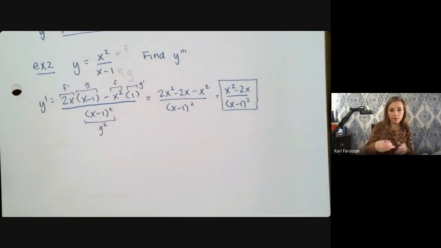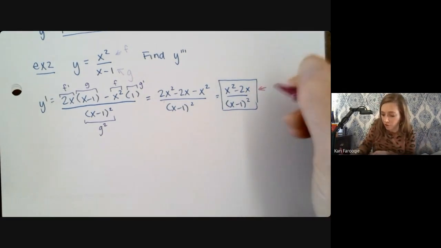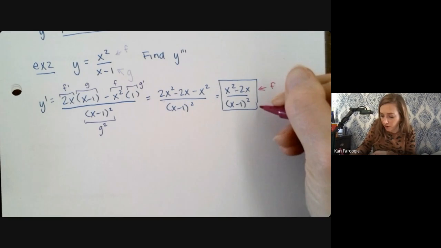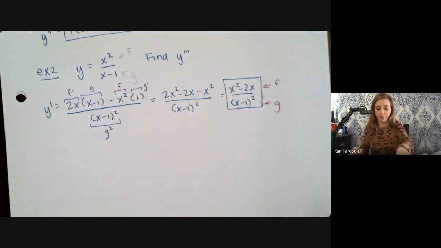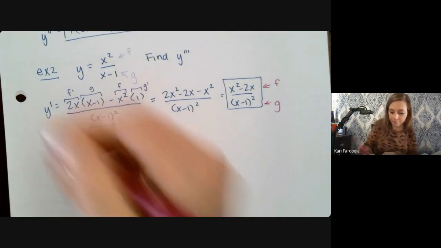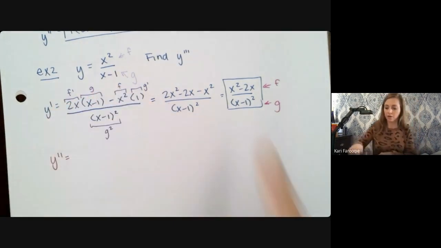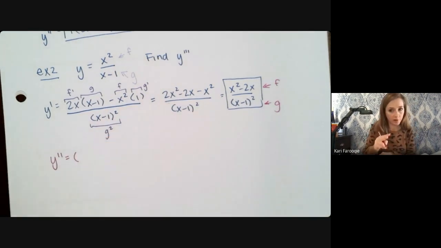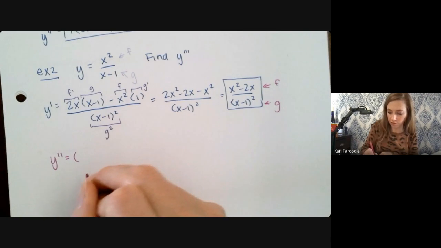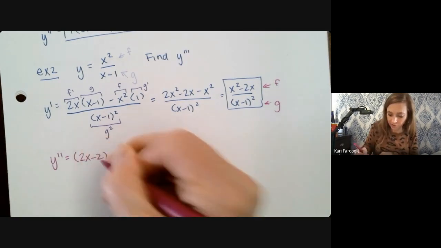Now, when you take the second derivative, you have a new f and g. Now, this numerator, x squared minus 2x, is f, and g will be the denominator, x minus 1 quantity squared. So now we'll take y double prime. So I'm going to take f prime, and this is going to be two terms, so make sure you put parentheses around it so everything gets distributed. So there's your f prime